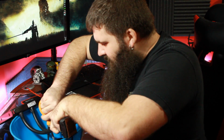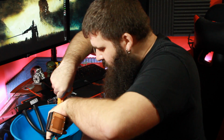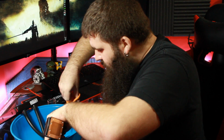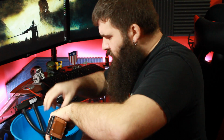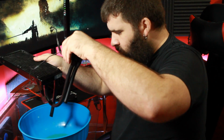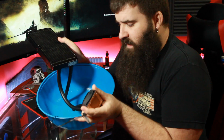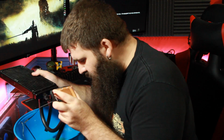Okay, so we can see that there is green fluid. I'm already seeing junk come out of it. Not an excessive amount, but wow. So there's something interesting. This is all the fluid I'm getting out of this system. Can you guys even see any fluid? And what's very interesting, I am seeing contaminants, but